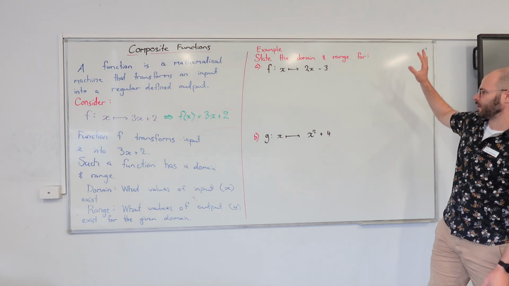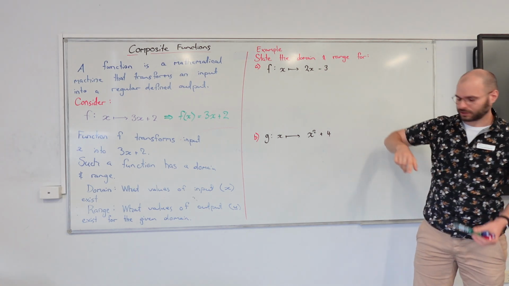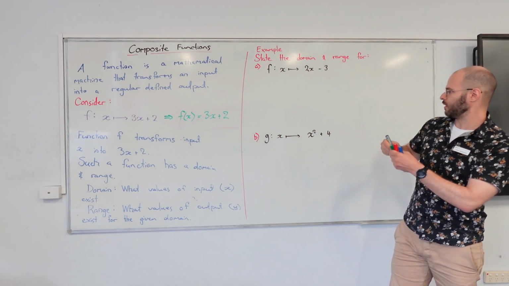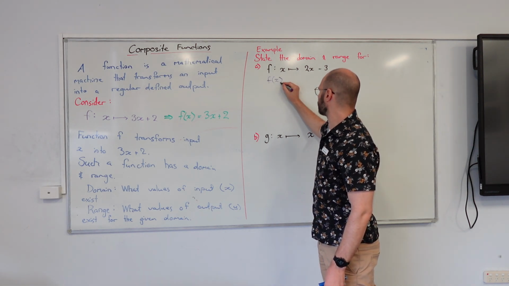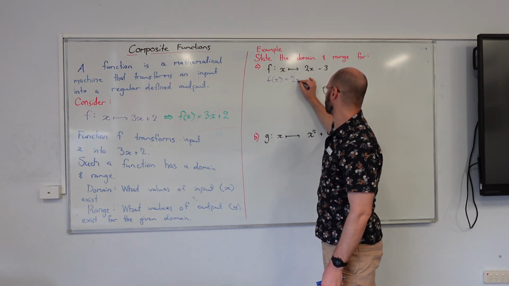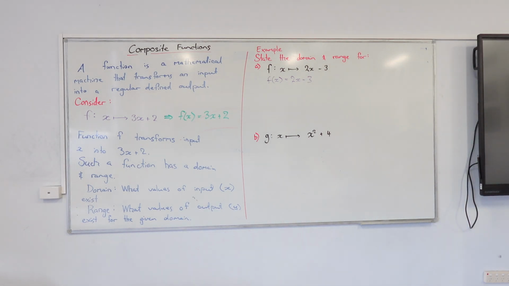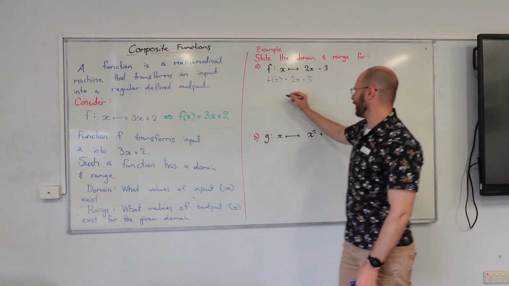If we have the mathematical machine f that's going to transform x into 2x minus 3, then this effectively is going to be f of x equals 2x minus 3. Now looking at this, what values of x are we allowed to put into this function f here? What valid values of x can go in? Probably anything. Anything. So the domain for this